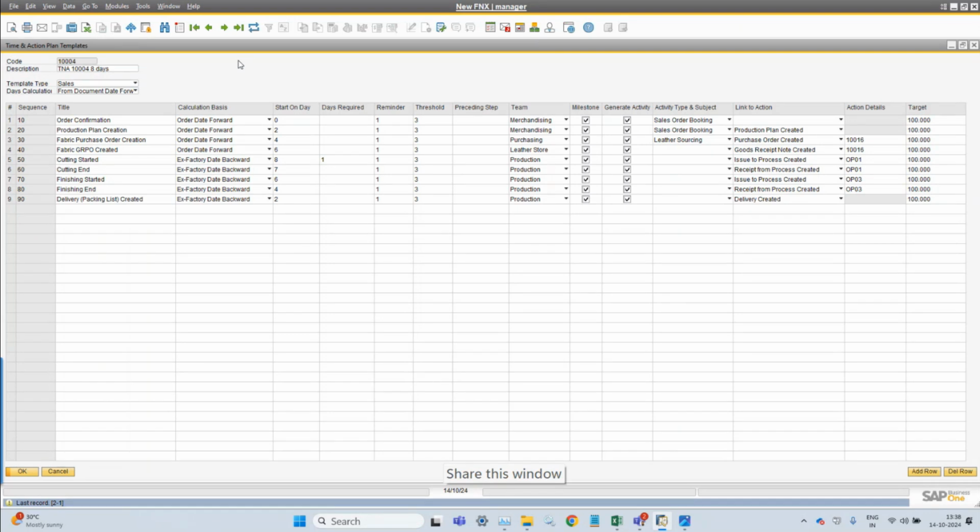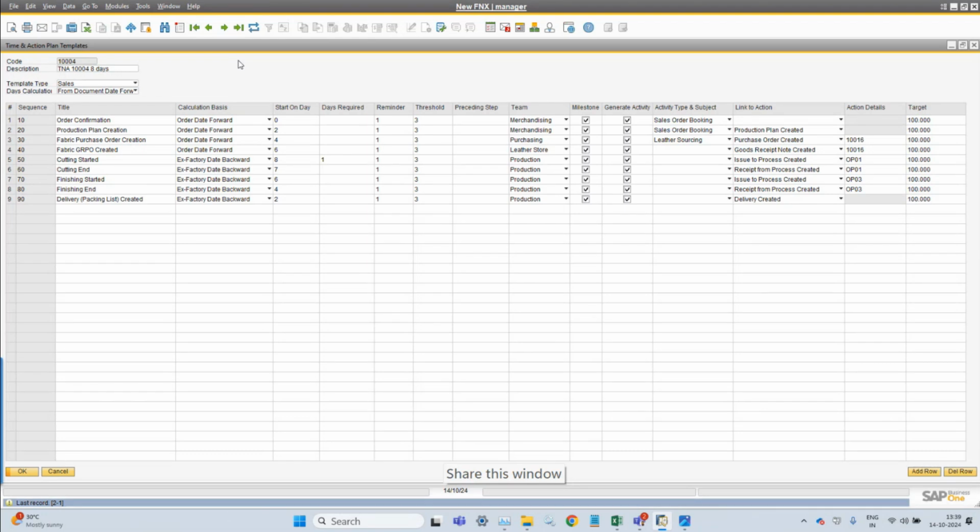Then further, when the order is received from the customer and they want to plan this particular quantity of the style, obviously at that time they have some shipping dates along with them, and based upon that they can plan reverse calculation or forward calculations for the production activities,